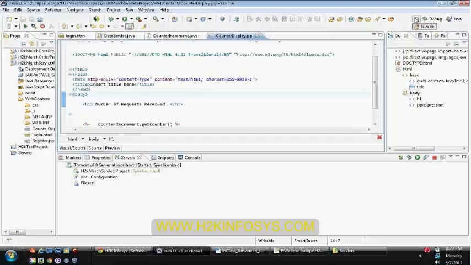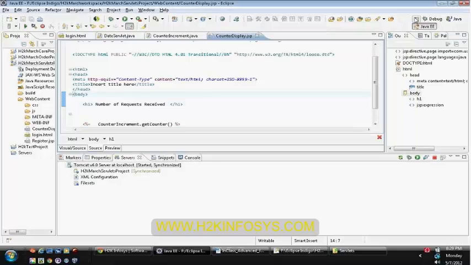The container verifies within your DD and identifies if there are any other filters available. If there is one, currently you can see that there is one more filter, it will get invoked, and if it is the last filter, the container passes the request to the correct servlet, whatever the client has asked.